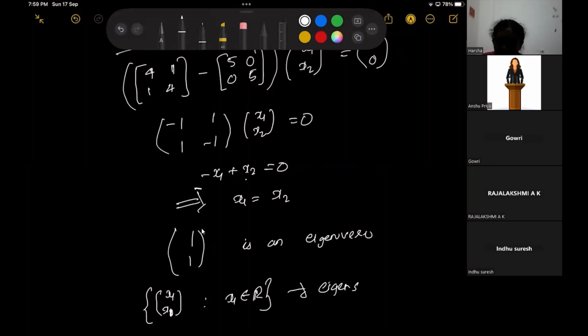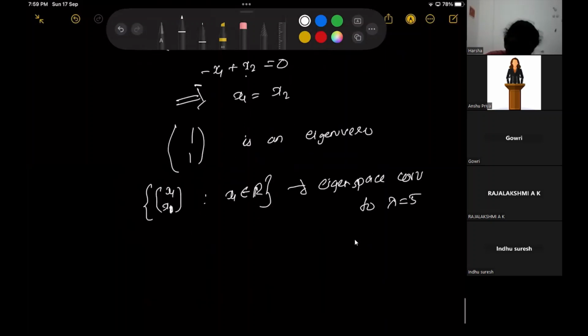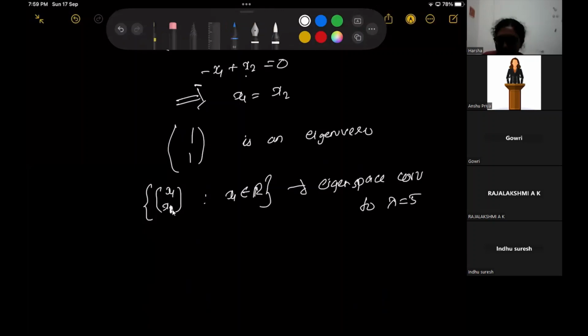Here I have given one particular example, (1, 1), as the eigenvector, and the whole space is generated by it, written as the set of all (x1, x1) such that x1 is in